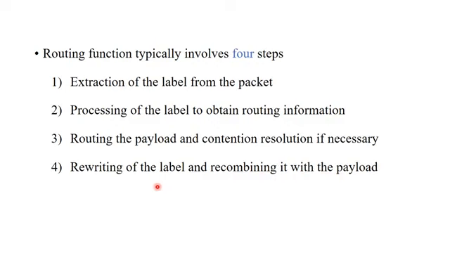So when the particular router is routing the packet, it will provide a continuation to the immediate next router. There the label will be rewritten so that it can move towards the destination. Once it is rewritten, it will be combined with the payload to form an optical packet. And remember again, the payload is the unaltered part. Whatever was formed at the initial stage, the same payload will be delivered as it is. Only the label will keep being rewritten at each router.